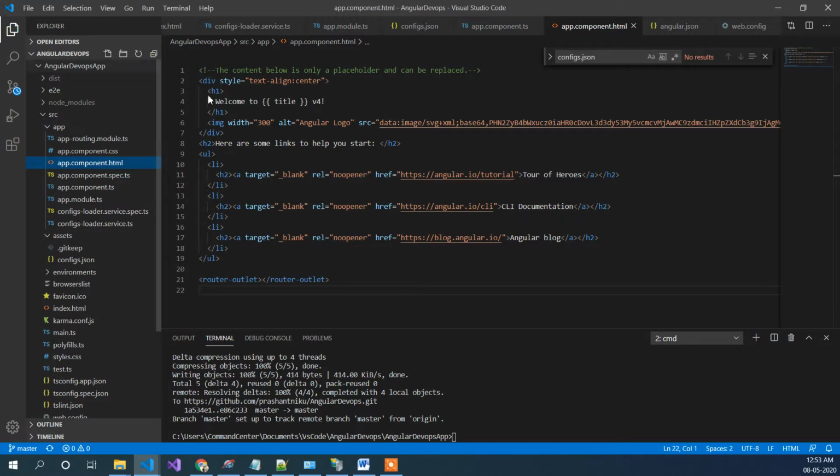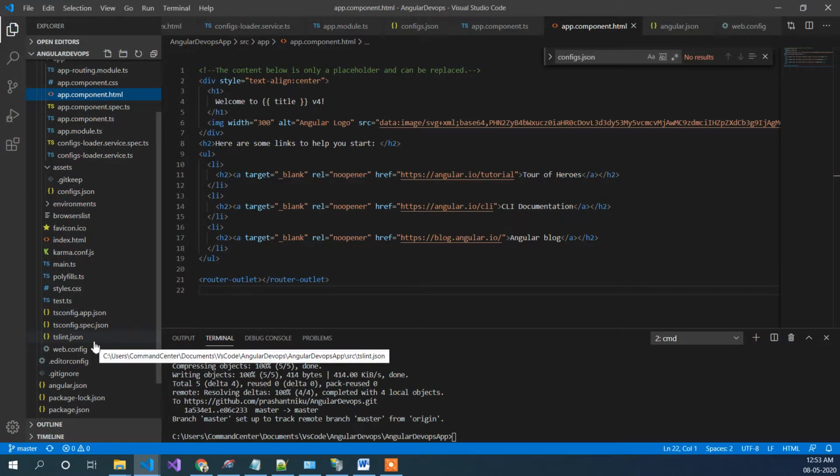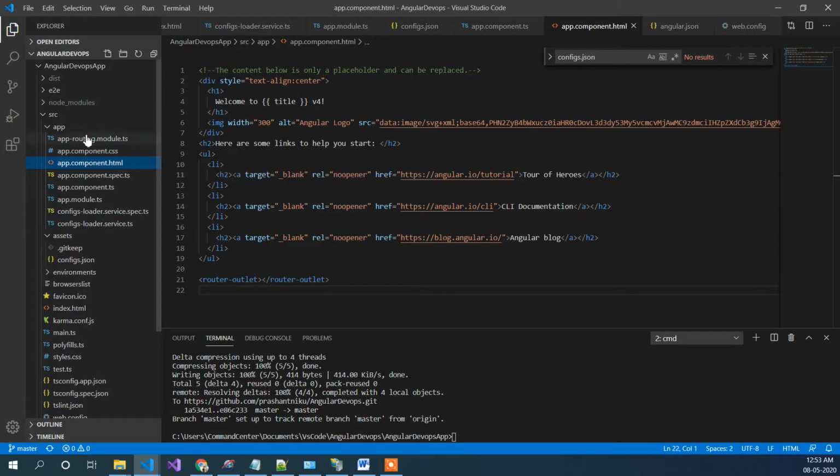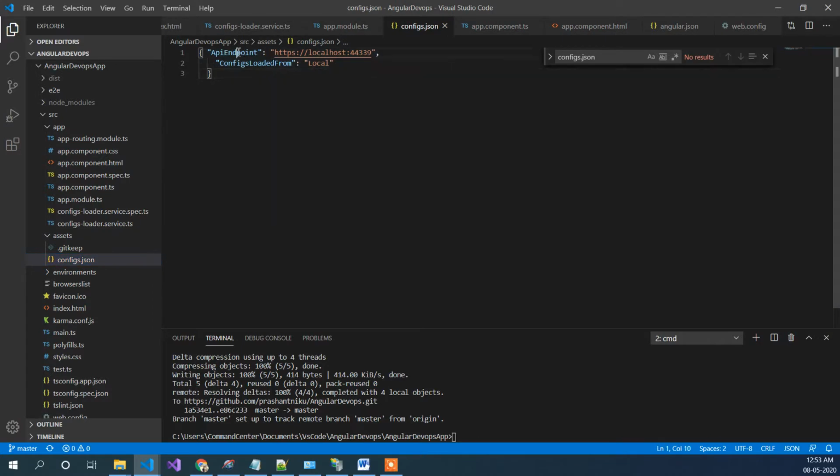In order to do that, I searched and found something called configuration services. By using that, we are able to fetch keys from a particular JSON file. For example, if you can see this one, this will become like an appsettings.json kind of file in Angular. The concept is we add variables here.